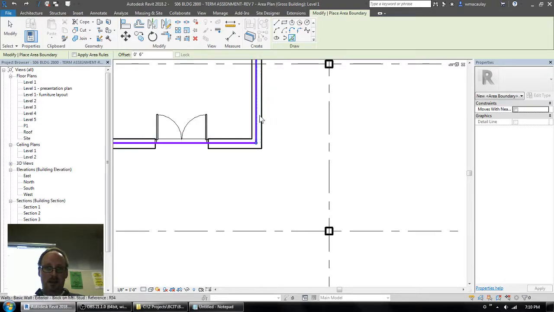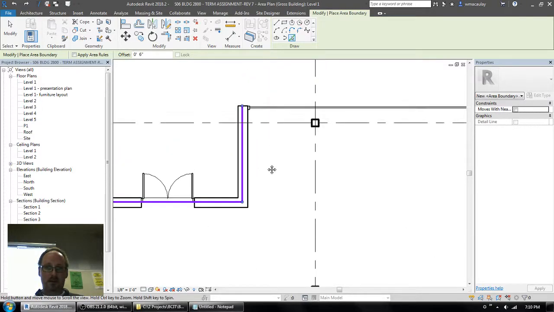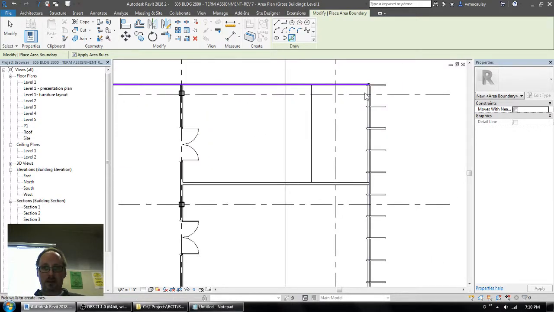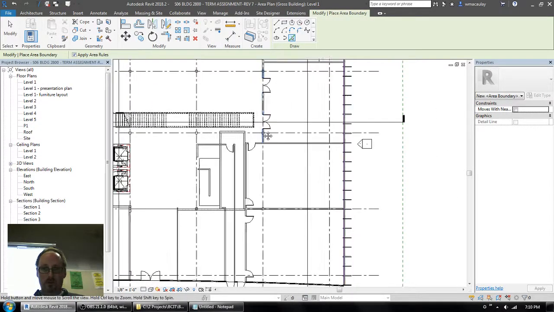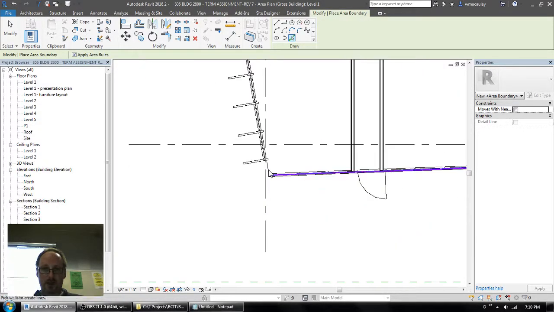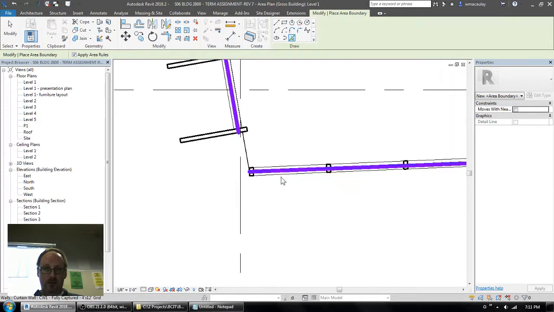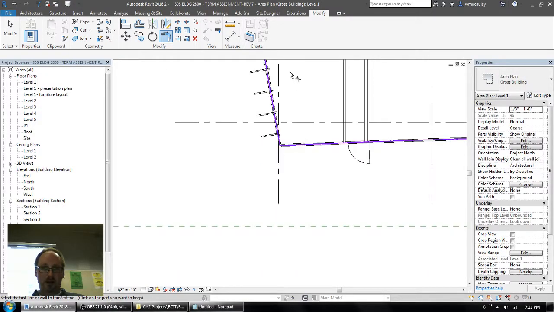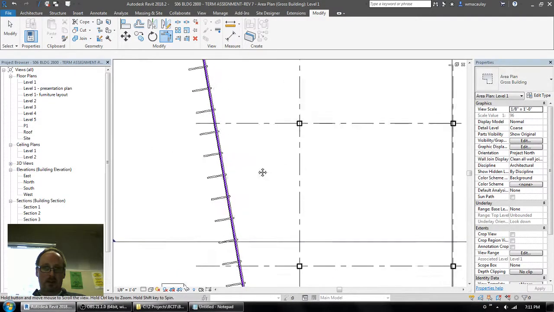Now you can see the area boundaries are automatically filleting themselves. Here at the curtain wall, area rules would be fine. It'll just put it at the outside face of the curtain wall. And here as well. So any place where there's curtain wall, I'll just run with area rules. It's actually fine in terms of where the line is sitting. Now here we got a bit of a gap, so we've got to use the trim command to fillet those area boundaries together. Come around again,